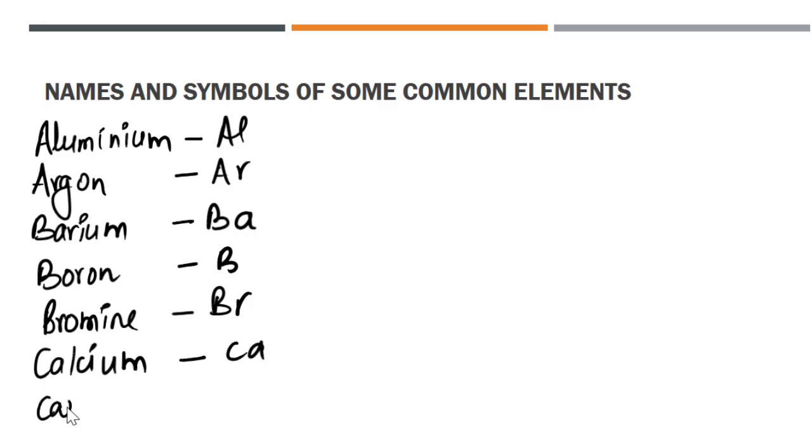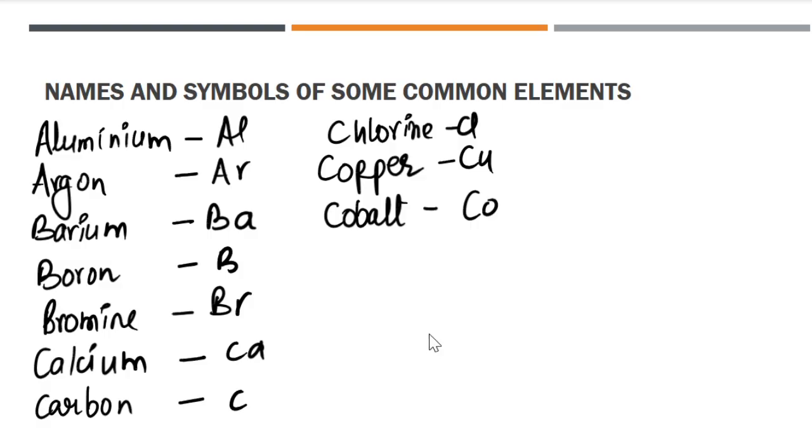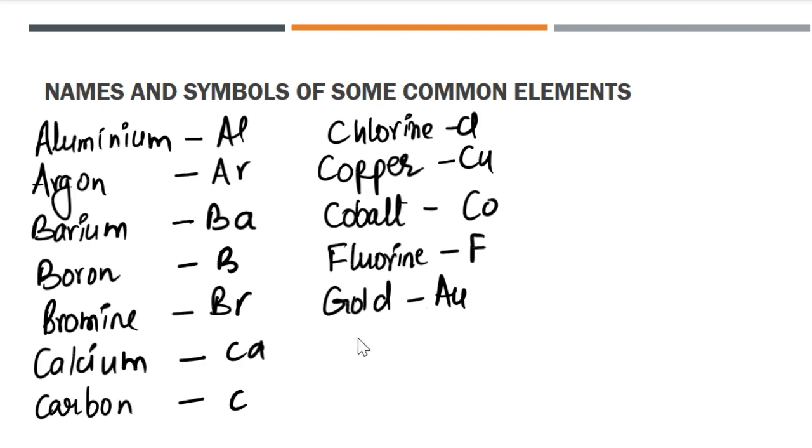Ca, carbon, C, chlorine, Cl, copper, Cu, cobalt, Co. Okay, then we are going to F, fluorine, F, gold, Au, hydrogen,